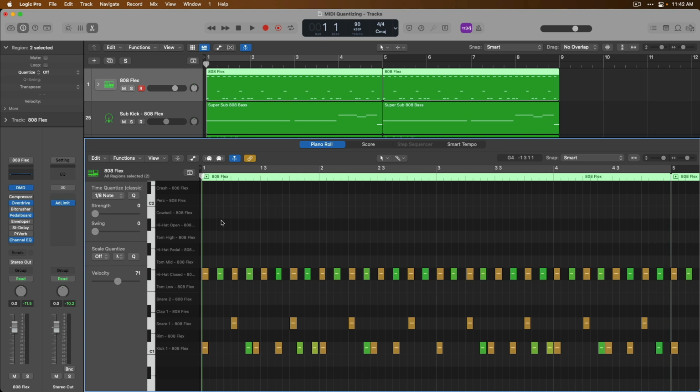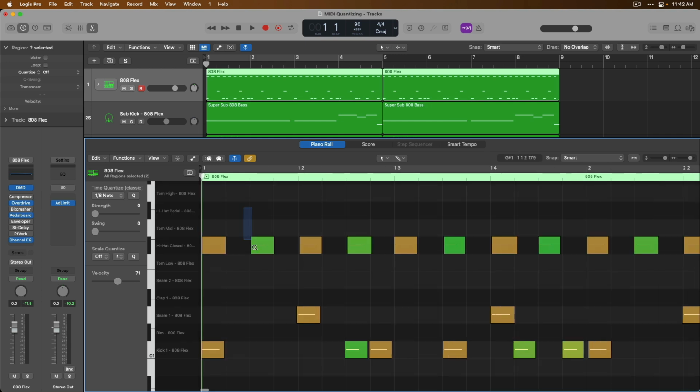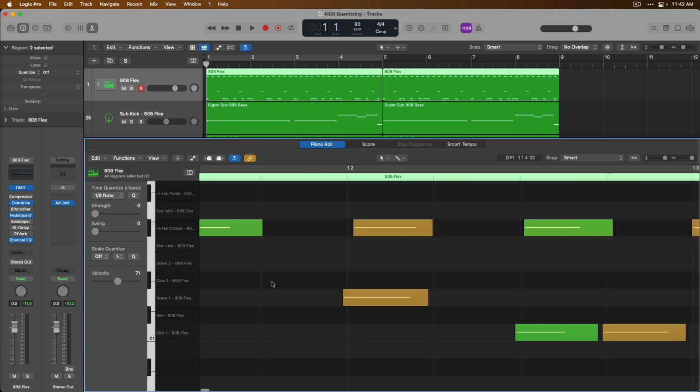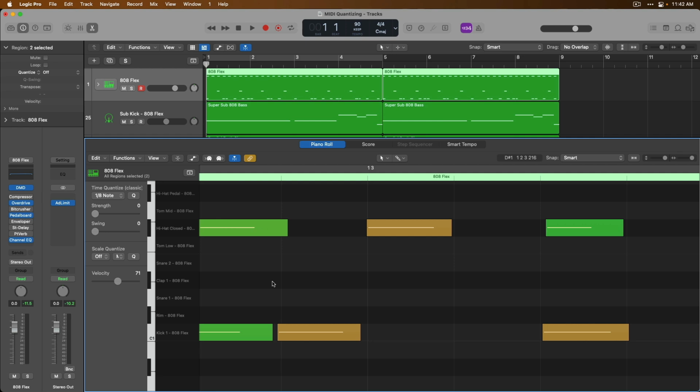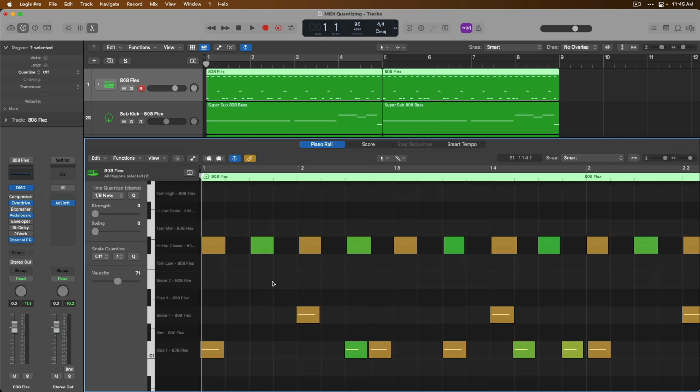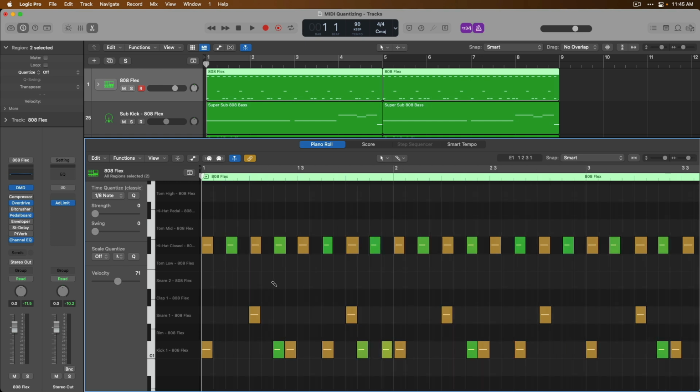All right, with that out of the way, let's zoom in on this drum performance. And you may notice by looking at the individual notes, some notes are ahead of the beat, some are behind. And honestly, the relationship of the notes and the grid is not that bad. More or less, every note falls closely with the beat that it should land on. If we enable the metronome by pressing K on our Mac's keyboard, and if we take a listen to this drum performance,